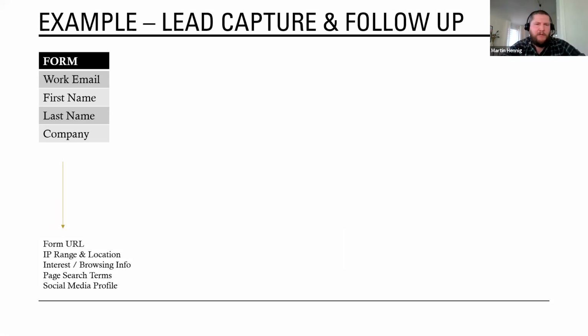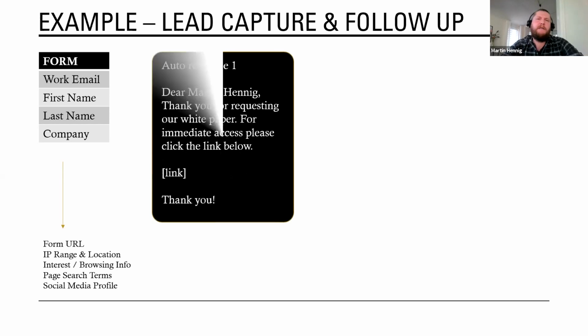Our marketing automation platform will also be able to pick up the URL, right, to get a bit of understanding of where this form was completed. We might be able to even know your company based on your IP range. We probably have a decent idea about your location, right, where you're browsing our pages from. We can see some of your interests because you've been visiting different pages. Maybe you used the page search, maybe you didn't. Maybe you came in via social, maybe you didn't. But if you did, all of this is information that we have at this point where you're just filling out that simple form. We've probably all seen examples like this, right?